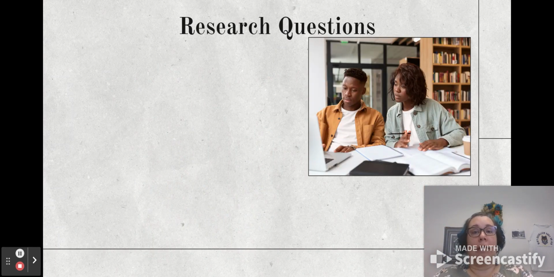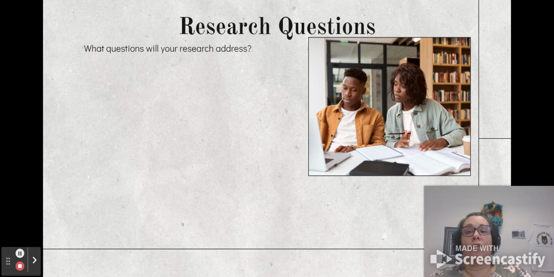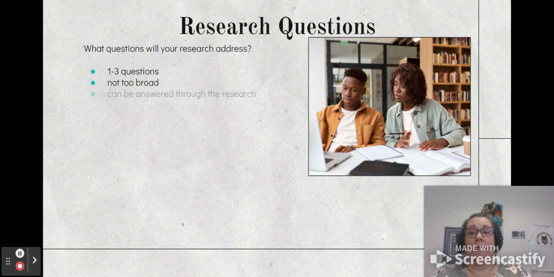Finally, this section ends in your research questions. So, what questions will your research address? In general, you want 1 to 3 questions. If you have more than that, it's going to be too broad. So, you want to make sure that your topic is not too broad, that there are questions that can be answered through research,